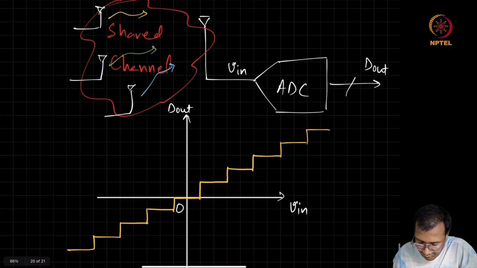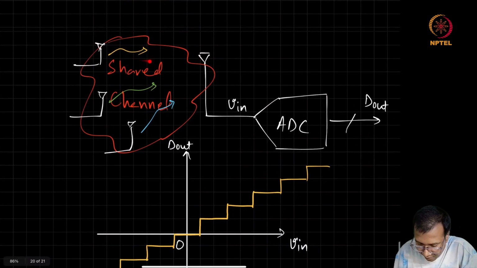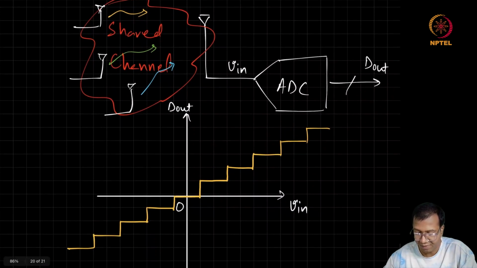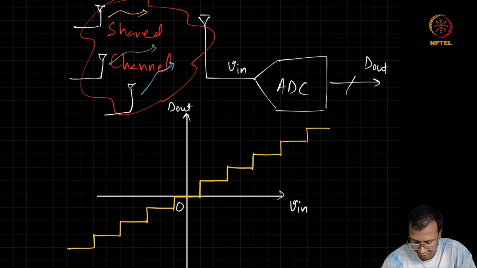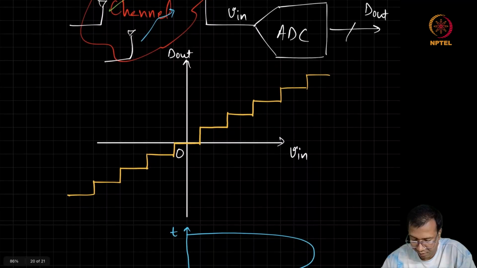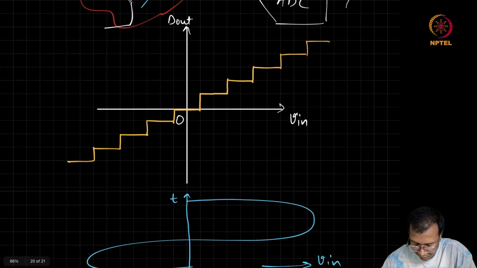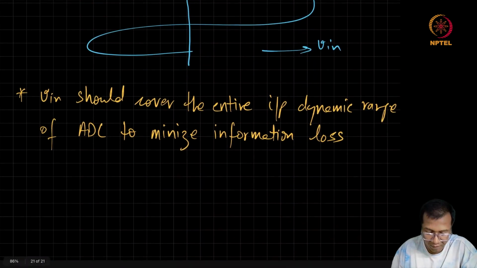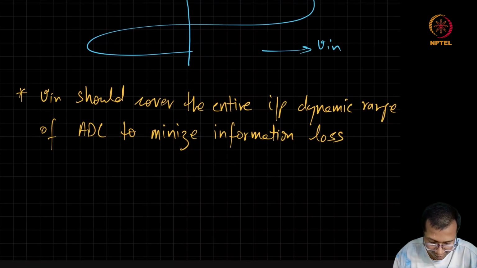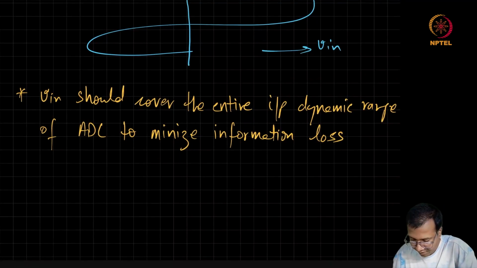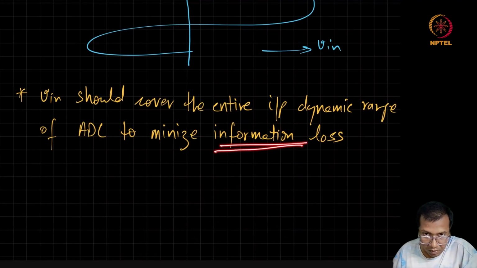And since we may not know beforehand what the signal strength received by the antenna will be, because depending on the distance of the transmitter, accordingly there will be more or less loss in the propagation. So we may be receiving some signal within some range, but we may not know its exact value. And if we want to minimize the loss of information while doing the digitization,